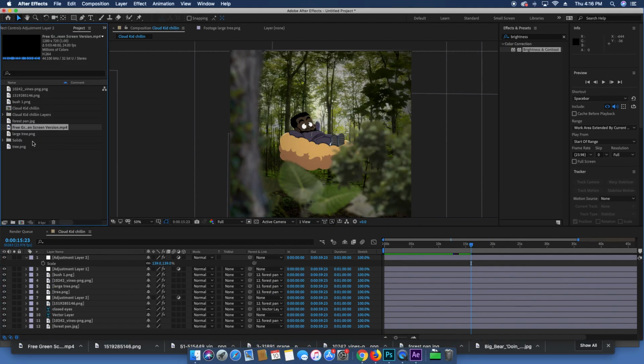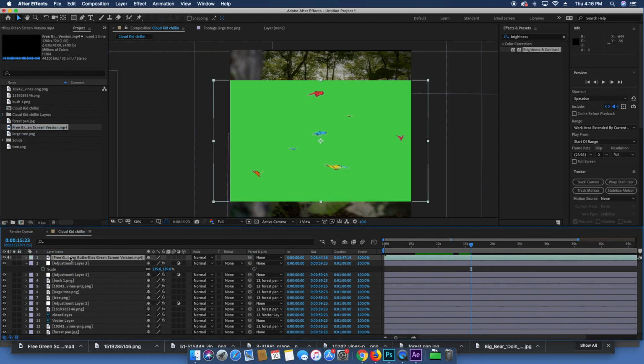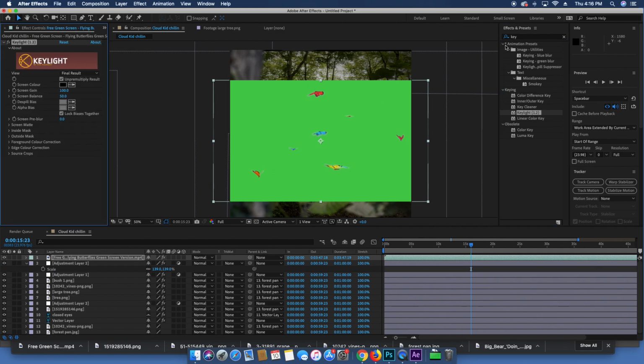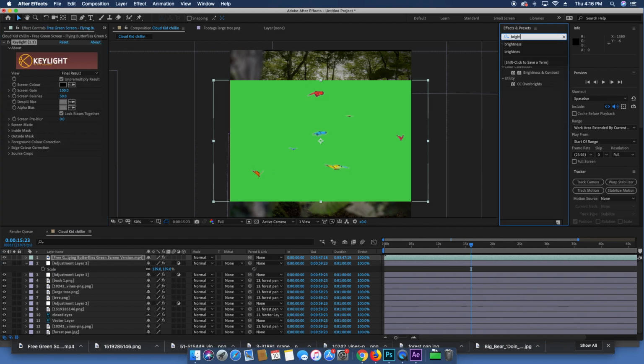So the last thing I'm gonna add is these butterflies that I obtained from YouTube. It's a free green screen, and I think it'll sort of add to the element of this design, or this animation, I should say. Sorry. First thing you gotta do obviously is key out the green screen. But before I do that, let's try to